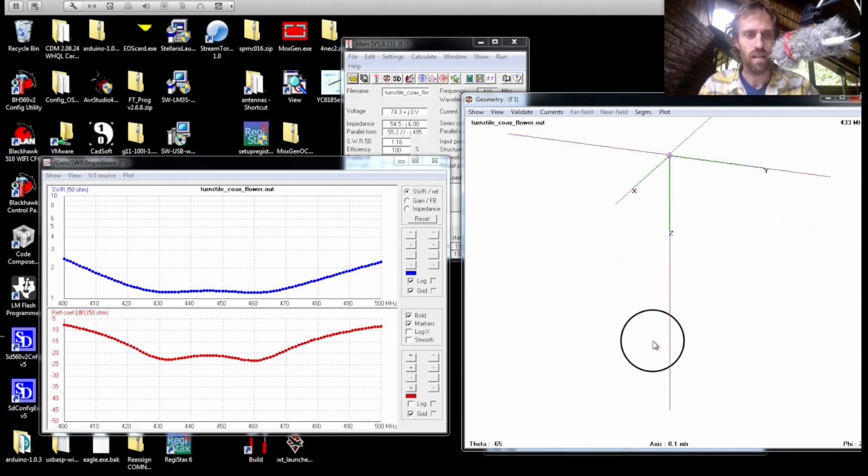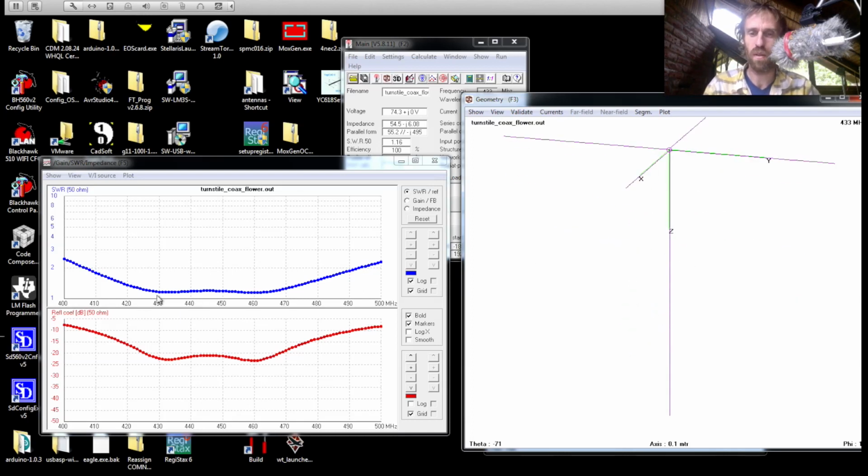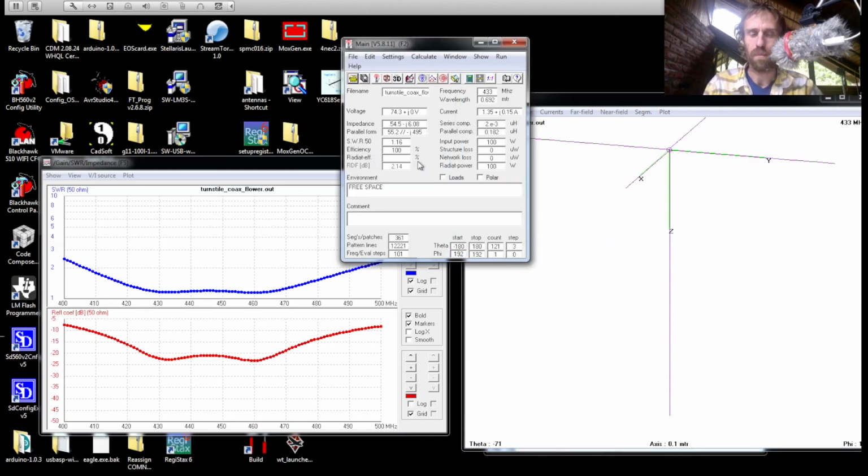So if we have our antenna with this coax on the end, it becomes a little bit more broadband. Of course, you're not going to get the antenna without the coax on the end, so you're going to get this characteristic, which is good. Anyway,